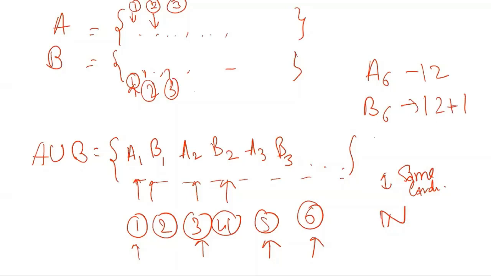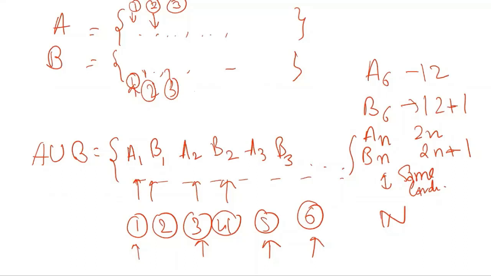Right. So the order would be, if you give AN, it should be at 2n location. It's mapped to 2n. And if you give me BN, it should be mapped to 2n plus 1. Right. So this is like a mathematical formula. And then you can see from looking at this, you can say I am able to map every element of